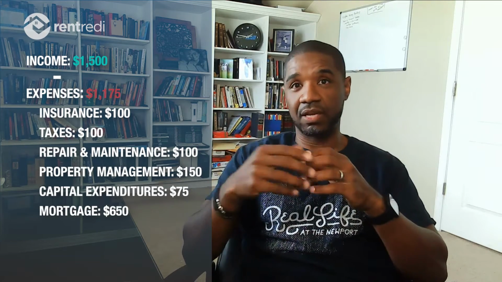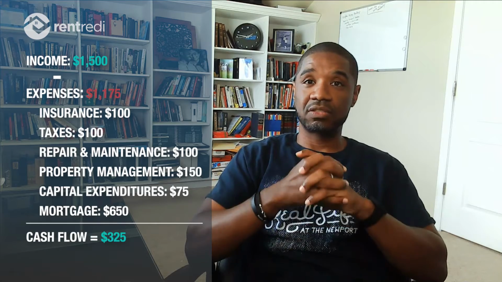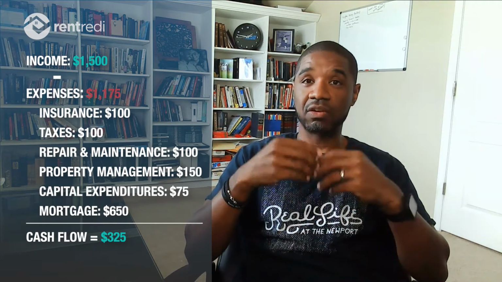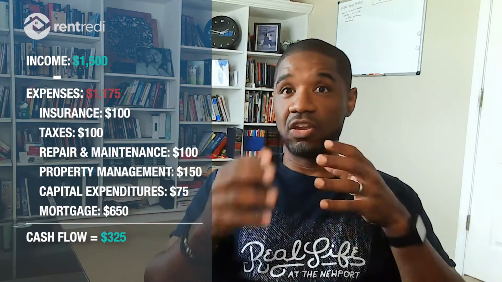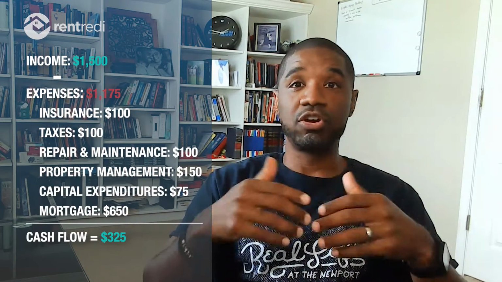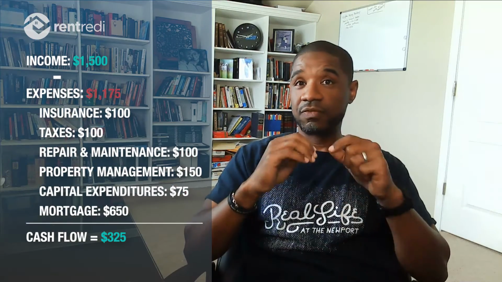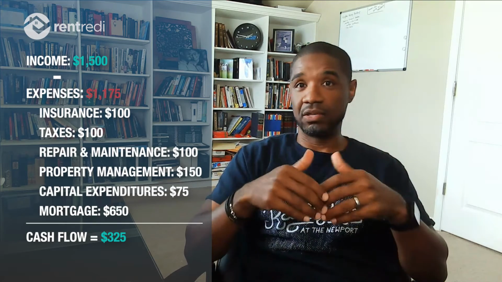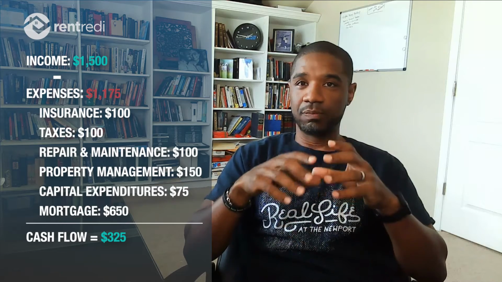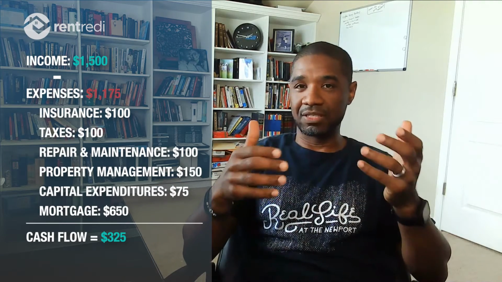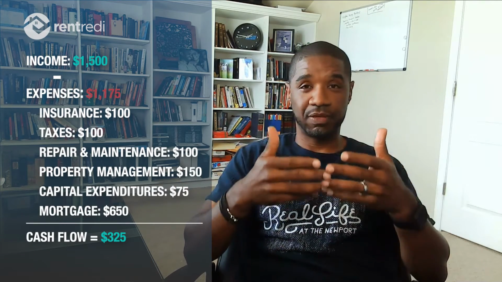So we started out with $1,500. We're gonna spend $1,175 a month on our expenses. That actually leaves us with a total of $325 each month that we can count on as positive cash flow. So that number gives us an estimate of what we're going to make every single month. Now, this is very important because this number is going to allow you to compare a lot of different properties. You can compare multiple properties to find out whether or not it's a good investment for you to meet your